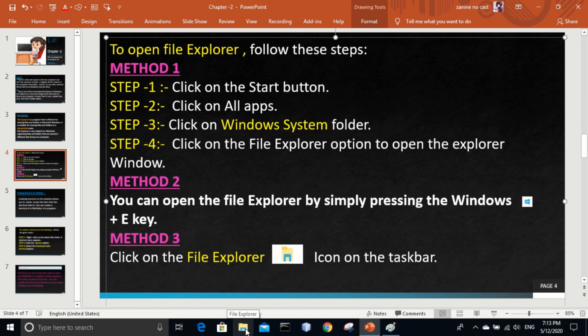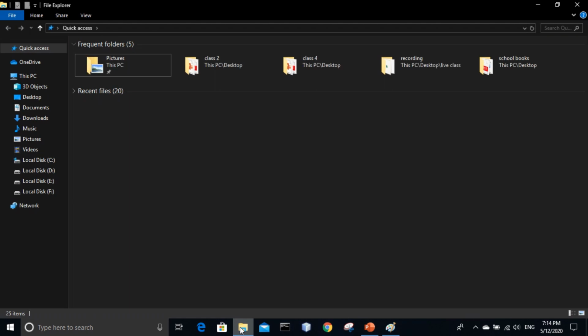When I take my cursor on the icon, it shows the name of the icon. This is File Explorer. Understood? So when I double click on it, it opens. Again you can manage your files and folders and all things.